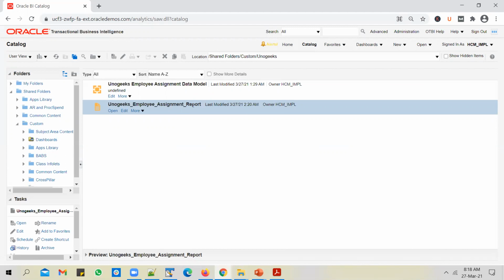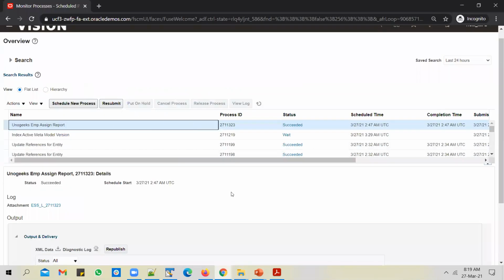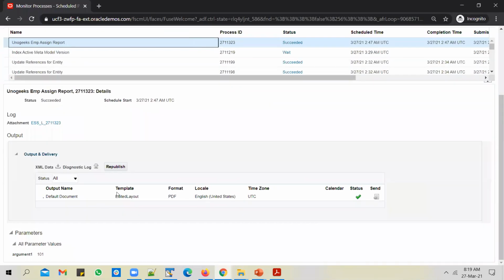ESS job invokes report, invokes data model, fetches the data from database tables in XML format and generates an XML file basically, and it throws that XML output back to the report. And this RTF layout consumes that XML, converts it into a PDF format, and throws that output back to the scheduled process screen. So that's why you're seeing the PDF output here.